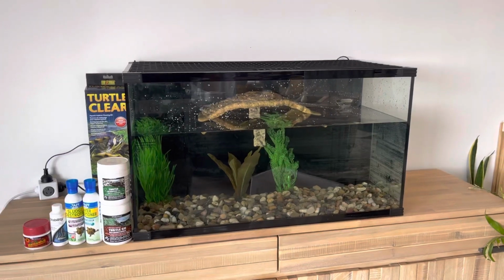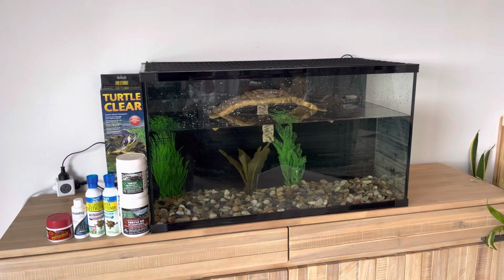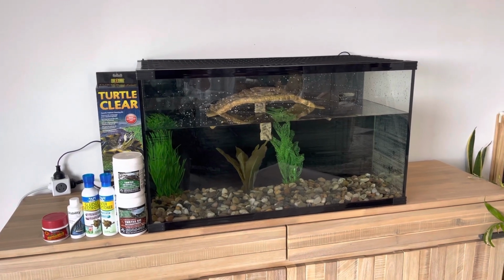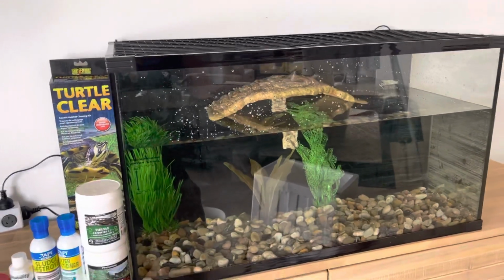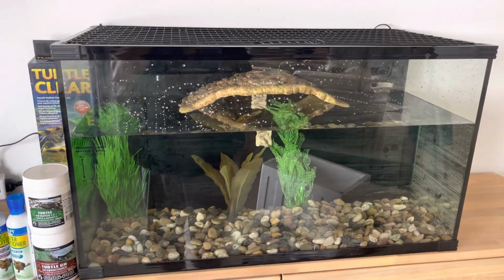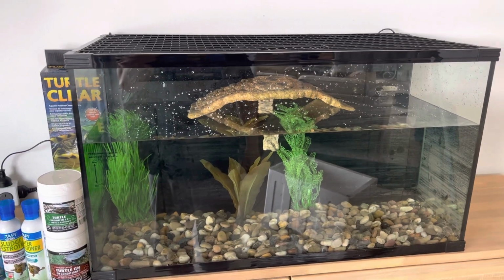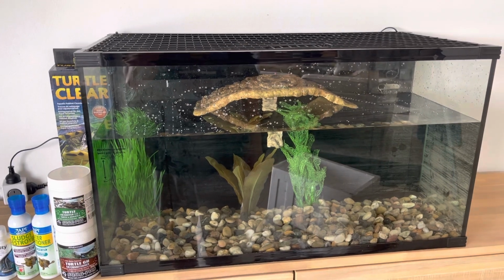Now I'm just in the process of setting up a Reptile 1 turtle aquarium. We have some turtles coming soon, and in the meantime we're going to look at putting some fish in it just to start the biological process. The fish that I would start with in this tank would be some golden mountain clouds, some mountain clouds,